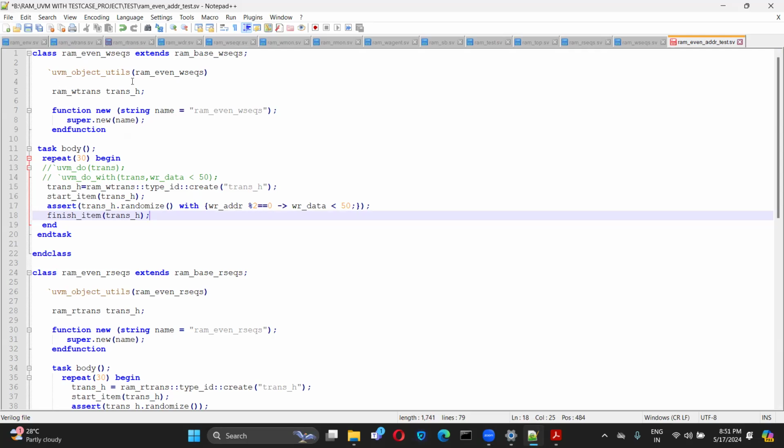So if you observe here, there is something called UVM do, UVM do with, right? If I want to eliminate all these four lines which we have, we can just replace all this with a single macro, like UVM do of trans. So if we do this, can anyone tell me what is a macro?